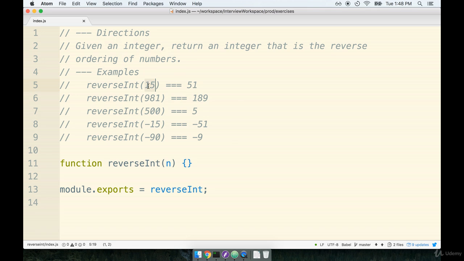So if I pass in an integer of 15, I should see the numbers in there get reversed to 51. 981 would go to 189. If the number ends with zeros, then when we flip it, those zeros should disappear. So 500 should not be 005, it should be just 5. And then the other interesting thing is handling negative numbers as well. So negative 15 should become negative 51. And if we take this issue with the zeros together with the negatives, negative 90 should turn into